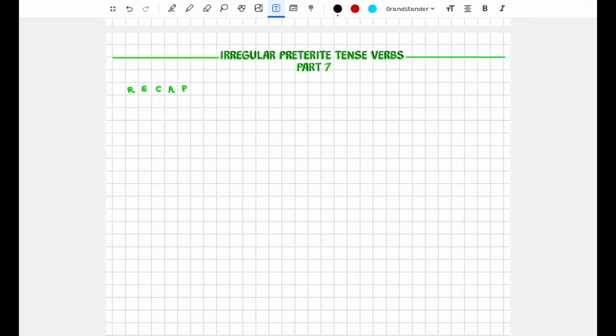Welcome back to Easily Explained, where today we will be talking about irregular preterite tense verbs. So let's get started. Now that we have gone over all of the types of different irregular preterite tense verbs,